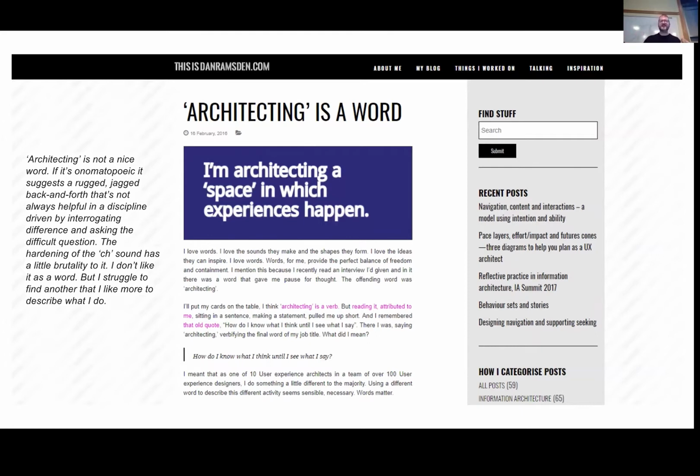Is it helpful or not, back and forth. Driven by interrogating difference and asking the difficult question. Going backward from the problem statement, which nobody wants to do. That's that back and forth. Werman's sense of the pervasive seduction to designers to go and solve a problem without asking about telling the truth. This architecting is going backward sometimes when everybody else wants to go forward, asking the difficult question.